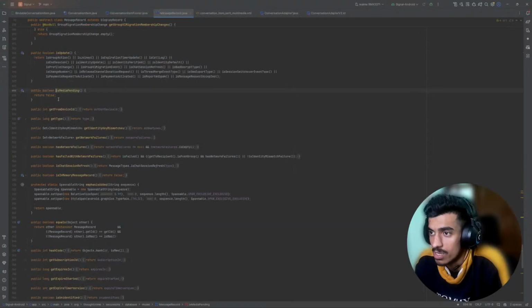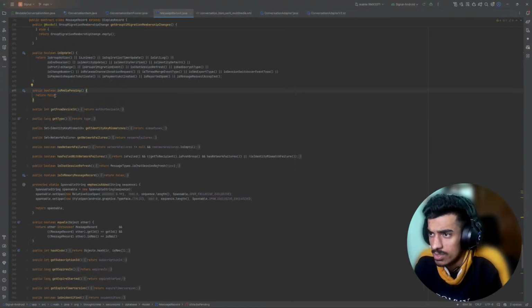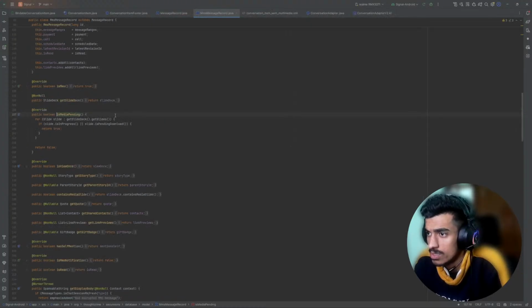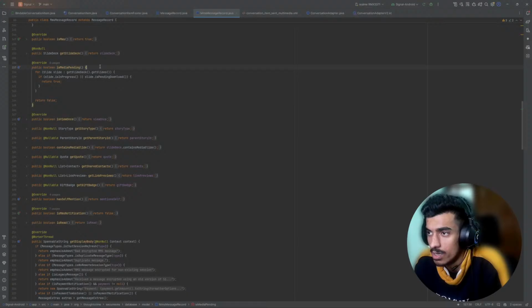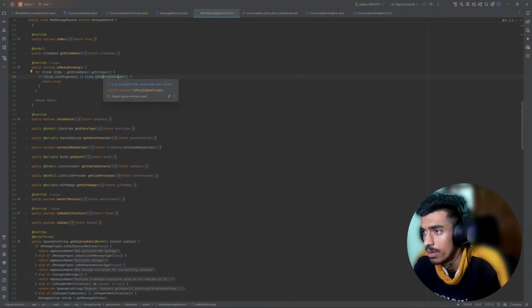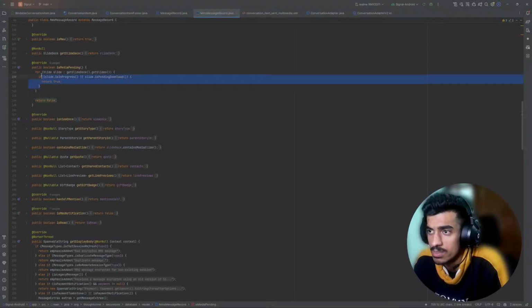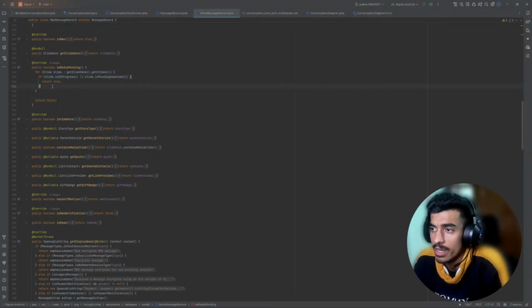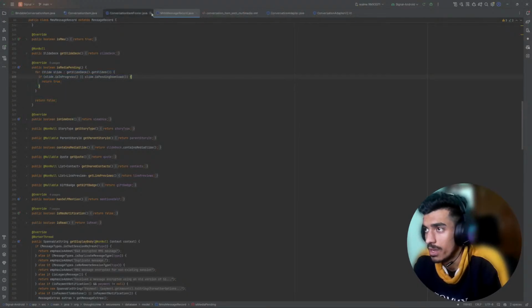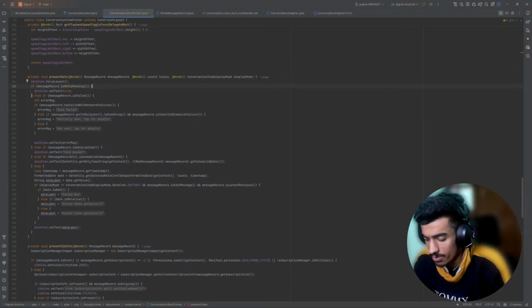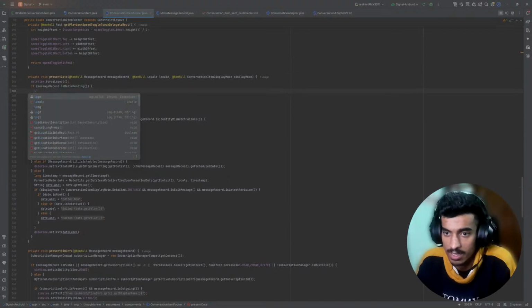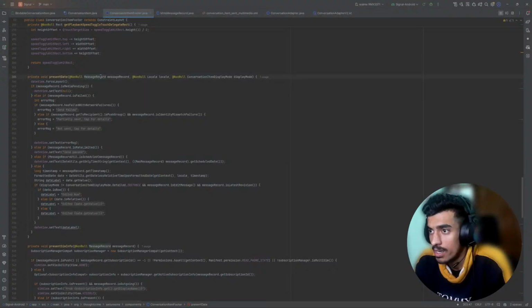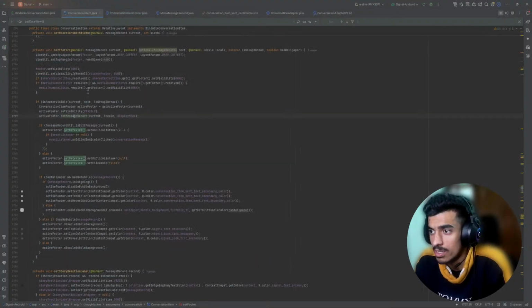Let me check this function. Why is this always false? No, this is not always false. Okay, if it is in progress, or if it is in pending download, then we'll say is media pending. I guess this is where we are breaking. So we are falling into this block as far as I can understand, and we are definitely entering in a